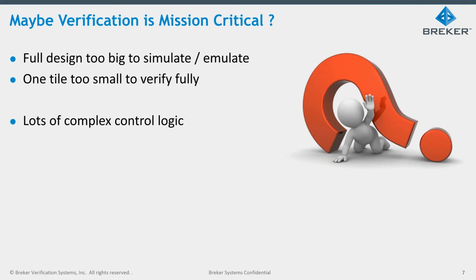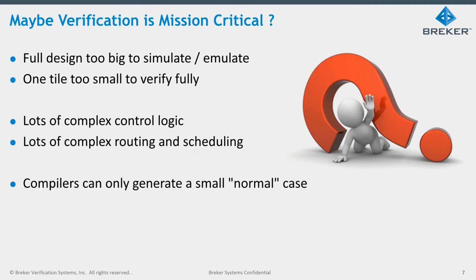The actual math, we need to verify it, but we're not worried about that, right? Even in CPU designs, we don't worry about the ALU and whether we get our addition correct. We worry about the rest of the control logic that gets the data to the CPU. So there's lots of complex control. There's lots of complex routing, right? What that compiler really is doing is taking the neural network and coming up with a series of operations that route data all over the design. And that complexity of control logic and routing is where the issues are in these designs.